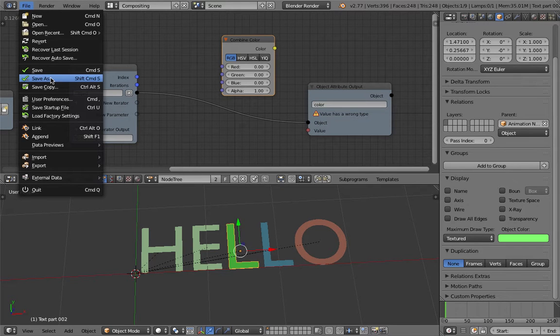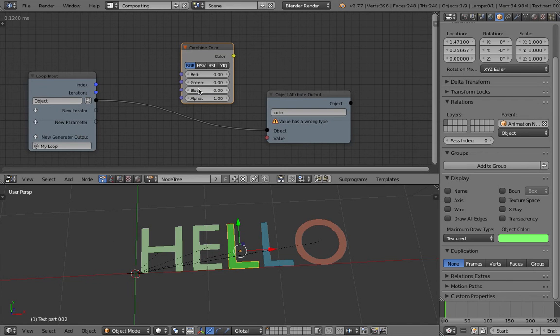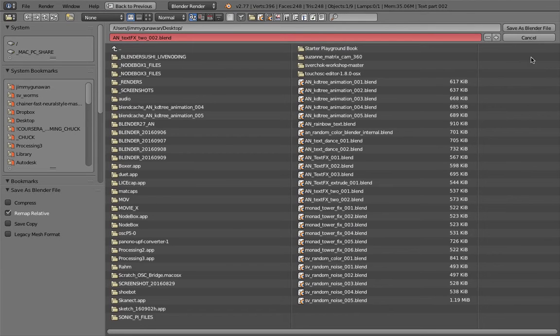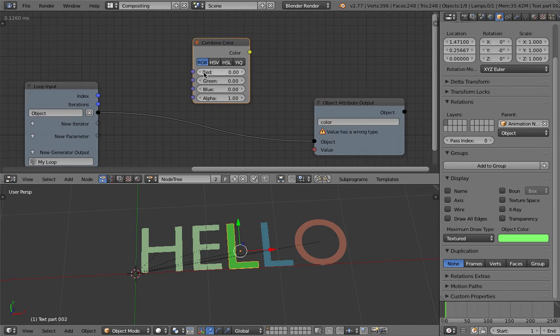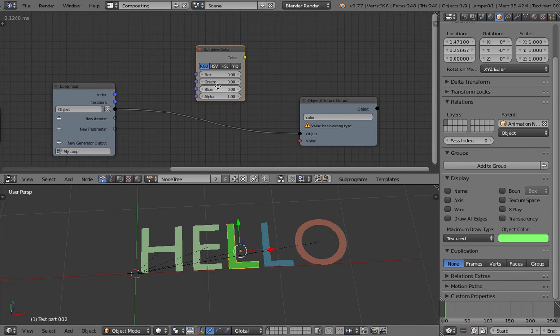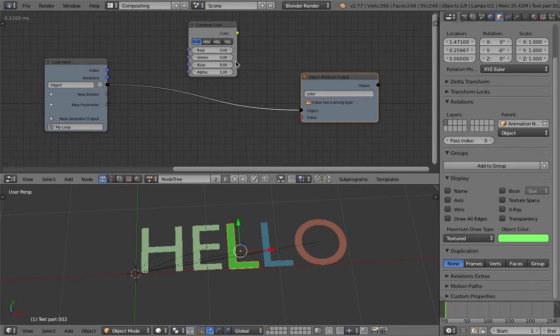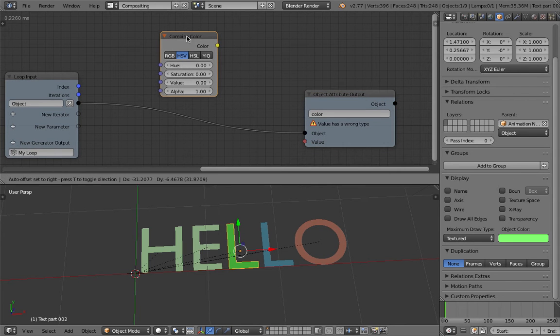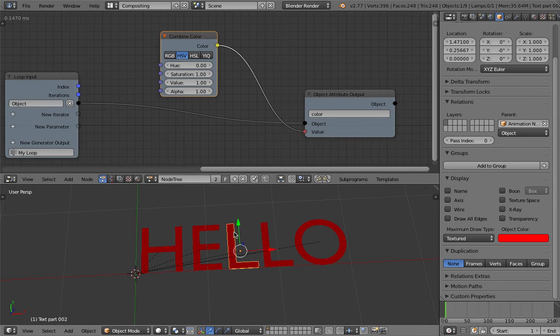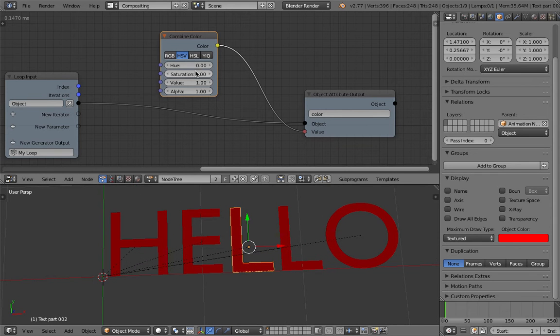Let's save this real quick. Well, save as again. I save a lot. Okay, instead of using RGB, we can use HSV. Now, I just realized this. We have HSV inside animation nodes, and that's really handy. Saturation value 1, alpha 1. Just plug it in, and we have red because it's a hue of 0, but we can quickly change the color